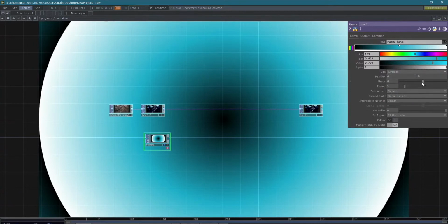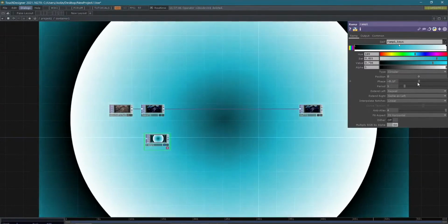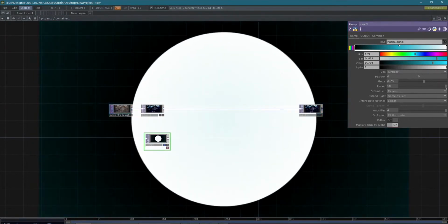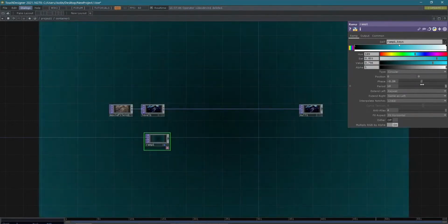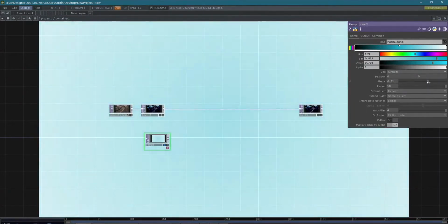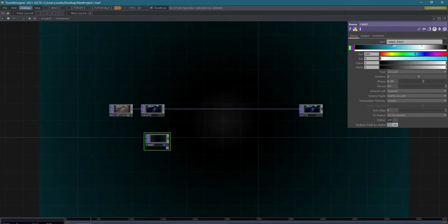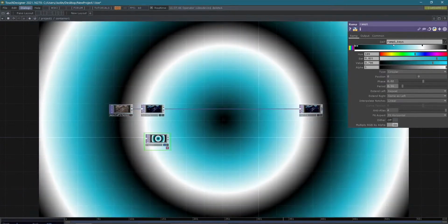So then we have phase down here, and that's where in the gradient it lands. So if we just grab this phase knob, see, we start getting this cool effect. And then the period is how, you know, we turn the period up to 10. You'll see this is a much slower phase. But we still got this hard edge, so I'm going to move this flag over a bit. I'm going to move that in. And now if I pull the period down,